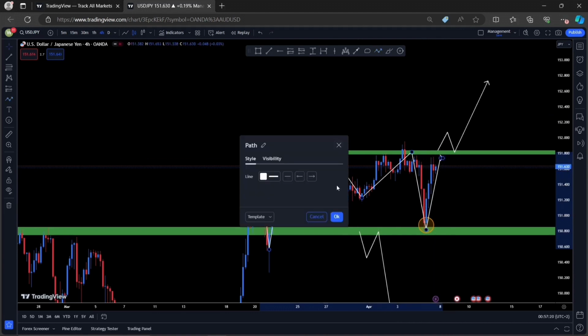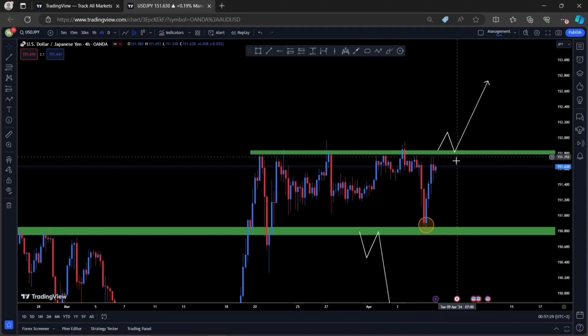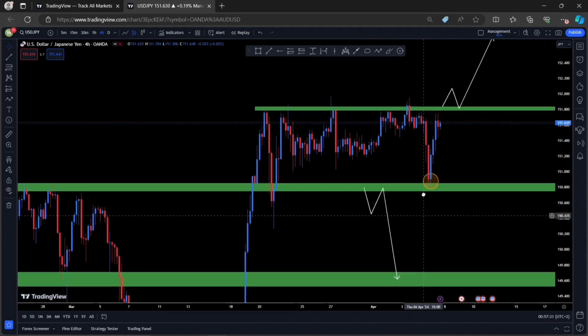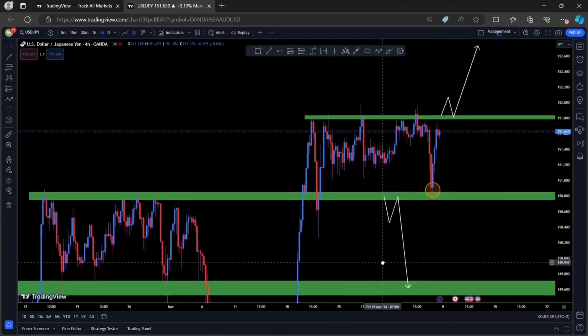So I did not take any trades on this pair, but we could still look for these break retests towards the upside or break retest towards the downside. That's what we could be looking for. Maybe next week, that's what we could be looking for. Otherwise,